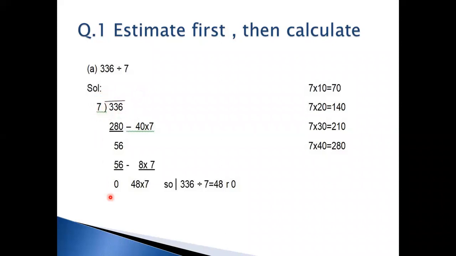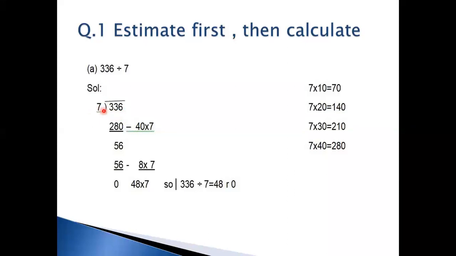For the rest of the part, we are going to follow the same example pattern which is given to us on page number 19 according to our standard of class 5. This is a very easy and interesting method. We will do all sums with the help of this one. Let's move to question number A, which is 336 divided by 7. How are we going to do the working, because they said remember to do the working also.